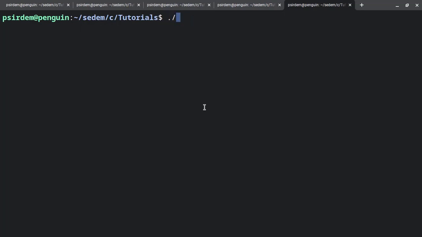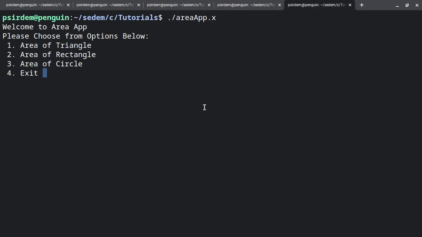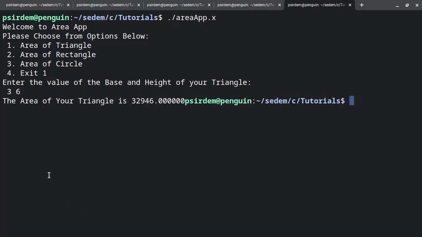So ./area.x. Interesting. So now our option comes, but then please choose an option below. We should have moved to the next line so that we can input our option, but here let's choose one, right? Because we've done that for the area of a triangle. So once we hit run, it says enter the value of the base and height of your triangle. So my triangle has a base of 3 and then the height of what? Let's say 6. Interesting. Now the area of your triangle is